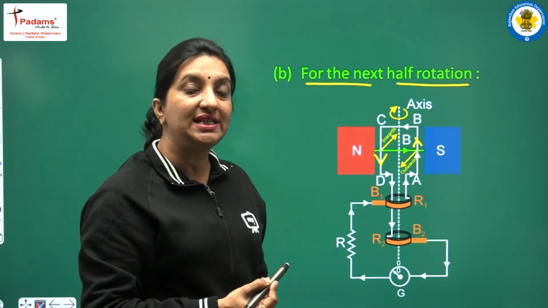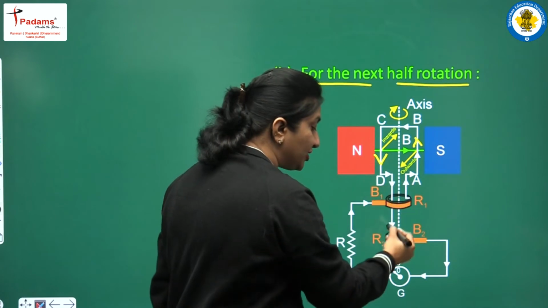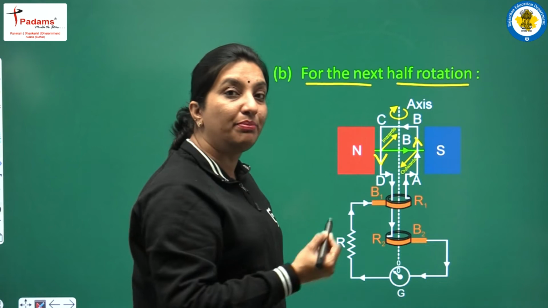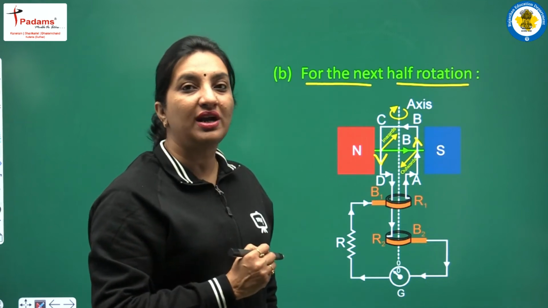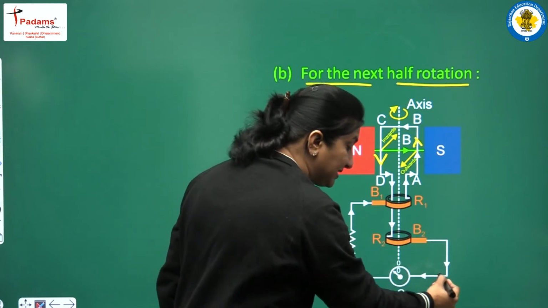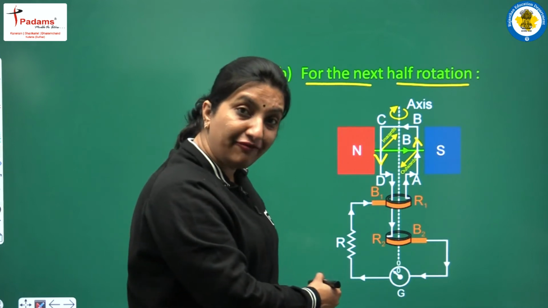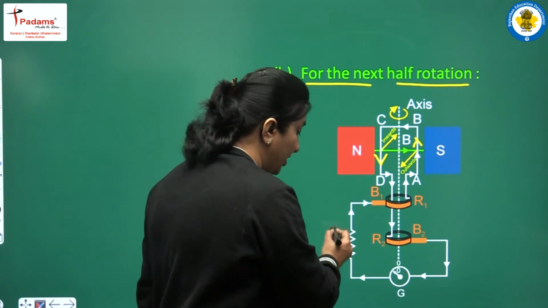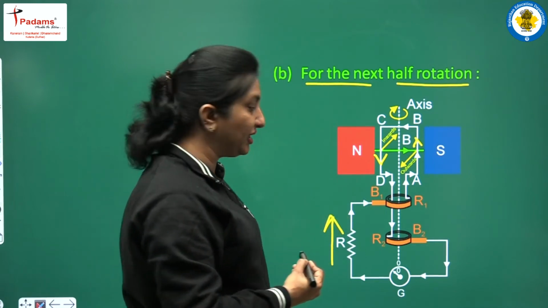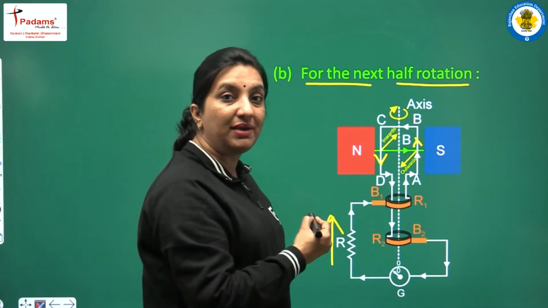Now this CD arm, since it is joined with the R2 ring, CD आर्म जो है स्टूडेंट्स वो R2 रिंग के साथ कनेक्टेड था। तो ये जो करंट है स्टूडेंट्स ये B2 ब्रश से बाहर आ जाएगा, क्योंकि B2 ब्रश जो है वो R2 रिंग के ऊपर प्रेस हो रखा है। तो यहां से करंट बाहर आएगी, तो गैल्वेनोमीटर में जो डिफ्लेक्शन है वो अब लेफ्ट हैंड साइड में हो जाएगा, और जो एक्सटर्नल लोड था उसमें करंट जो है वो अपवर्ड डायरेक्शन में हो जाएगा।